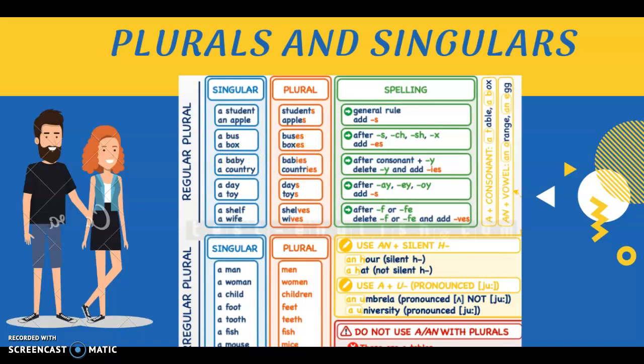Country, singular, countries, plural. Remember, when you have a y at the end of the word and before the y you have a consonant, you have to erase the y and write